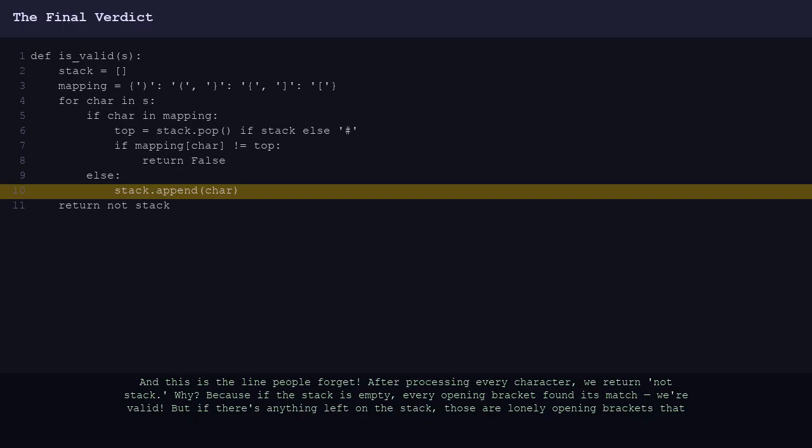And this is the line people forget. After processing every character, we return not stack. Why? Because if the stack is empty, every opening bracket found its match, we're valid. But if there's anything left on the stack, those are lonely opening brackets that never got closed. Think of it like making sure every guest at a party has a dance partner, nobody should be left standing